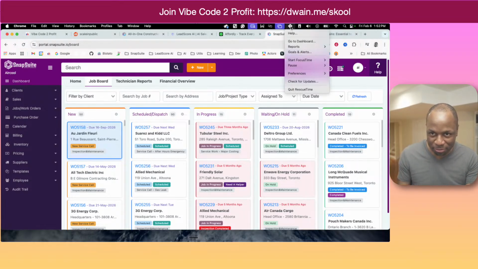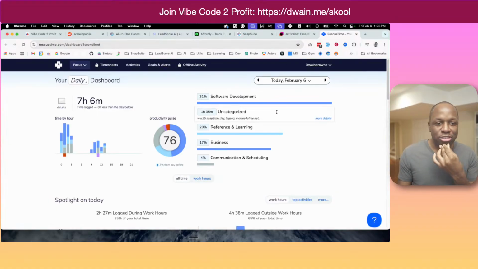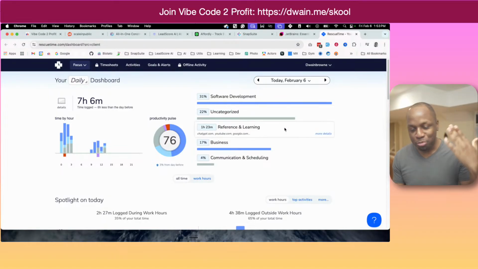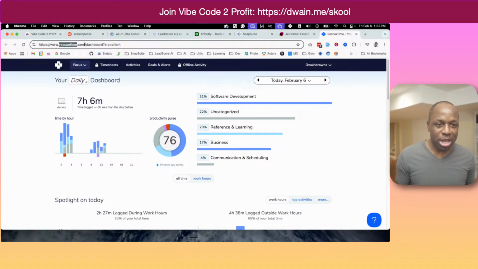Let me just show you guys this. By the way, if you're not using this, I'm ranting now, okay? I'm just talking about stuff that's going on. If you're not using this to keep track of your time, you're wasting time. I'm saying this very opinionated. I've been using this tool called RescueTime. It's free, and I swear I moved up to the paid plan for a bit and downgraded back to the free plan. I've been on the free plan since 2008, long before you guys were even born, to keep track of my productivity on the computer because I'm always all over the place. I do all kinds of crazy things.